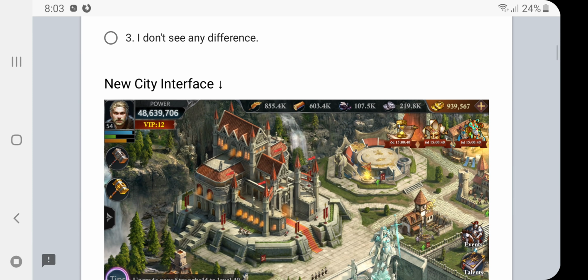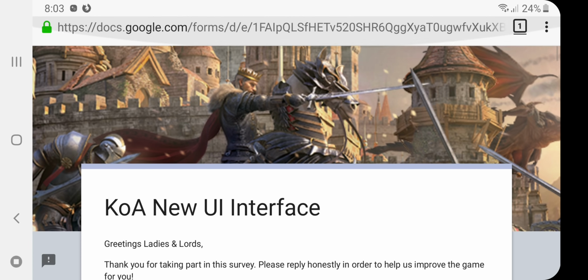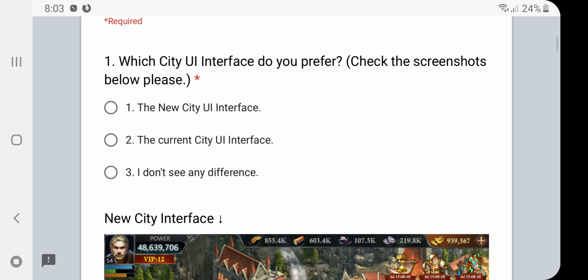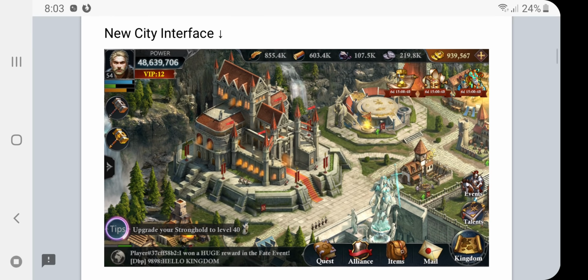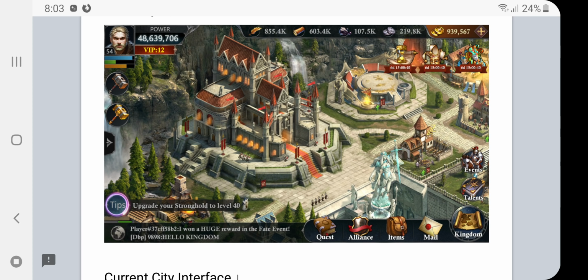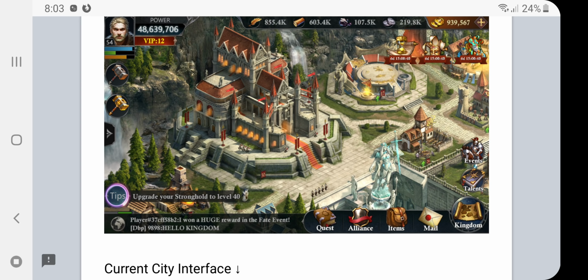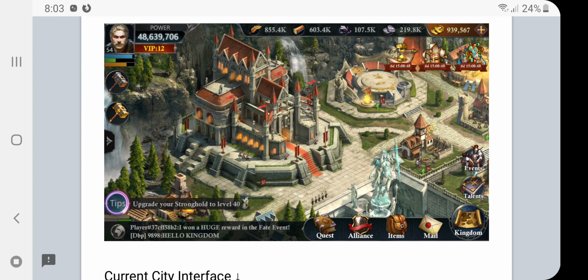Don't ask me why they bothered with this. I guess it's like fake engagement. So what happens is they're trying to say, hey, we kind of sort of care about you guys and what you think, but we're not actually able to pay someone to do their job and build a better UI interface. Because if they actually hired an expert, they would probably go through and try and revamp some of this and change the flow and the logic for things.